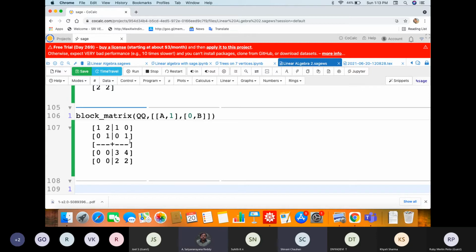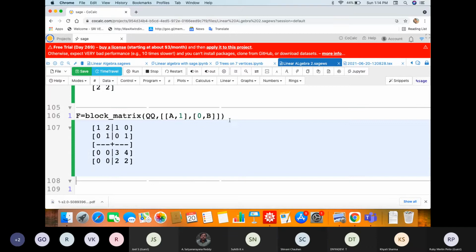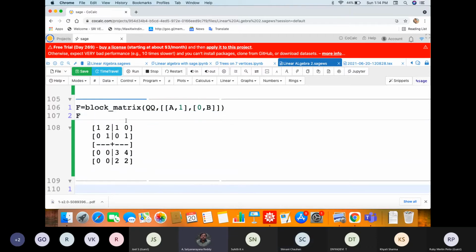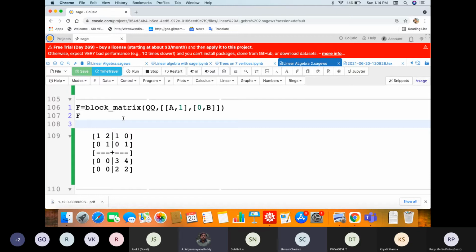Can you check what is the LaTeX of this? For that, we have to define this. Let us define it as F. I want to see those lines also coming, the plus also coming.